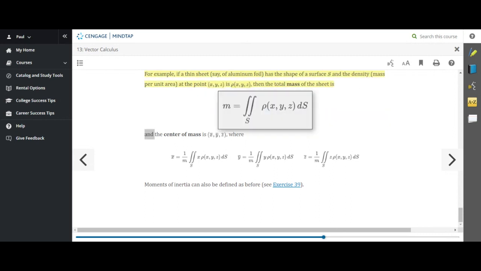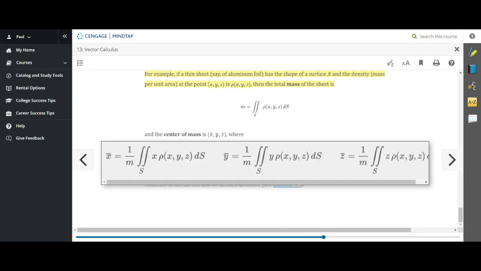Let's say that you had a thin sheet, some aluminum foil, and it has the shape of a surface S and a density, mass per unit area, at a point. So this is not a lamina in two-dimensional space. This is a surface in three-dimensional space. The mass would be equal to the surface integral, where rho is the density function. And then the center of mass